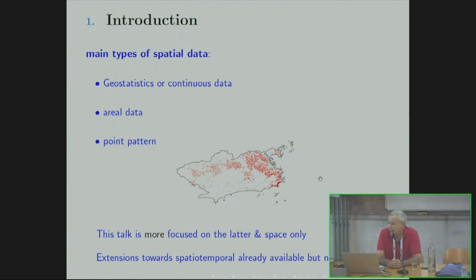And the idea of point pattern is to get data of the location of occurrences on an area of interest and try to extract the signal that comes out of this noisy point to get what makes some regions have more points than others, more occurrences. The talk will be more focused, but not entirely focused on